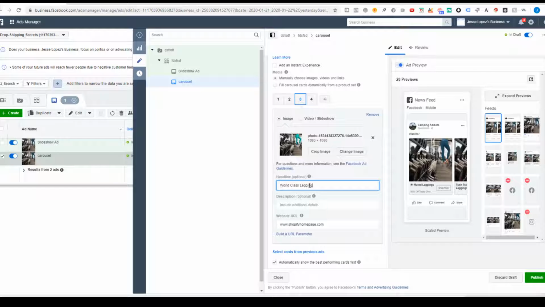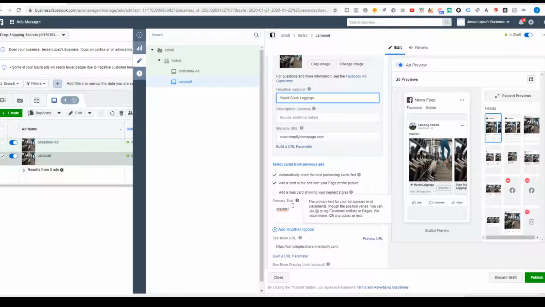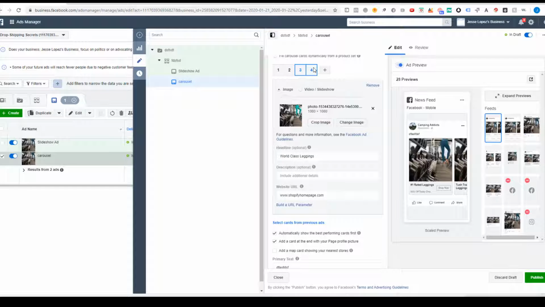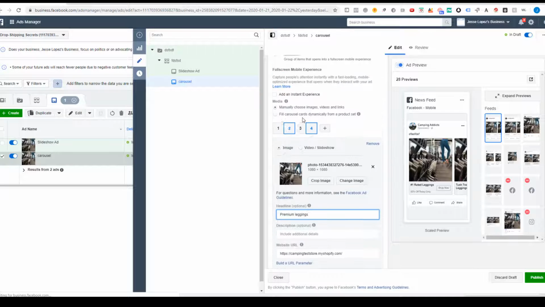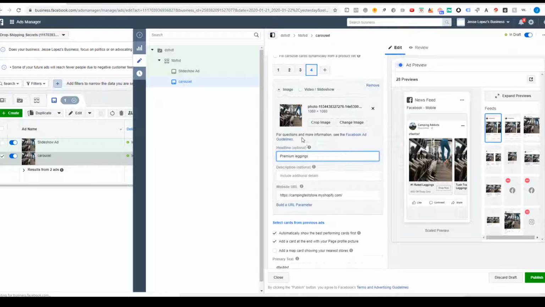Class leggings, right? Okay, we don't do nothing there, we don't do nothing there, we don't do nothing anywhere else. Okay, 4. Okay, so now we're done. But let's say for the last one, or for a different one, you wanted it to go to a